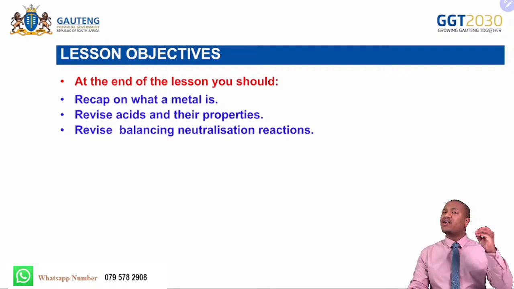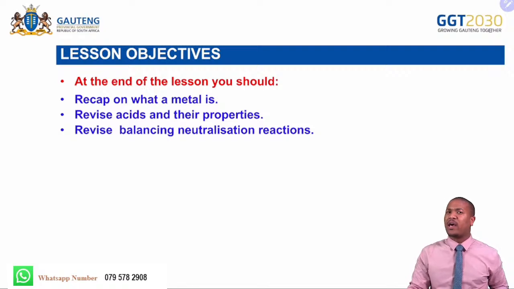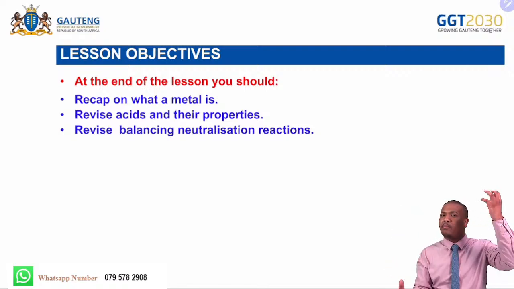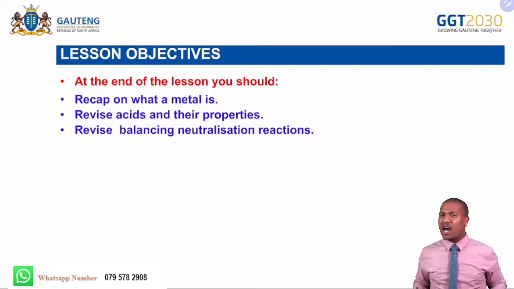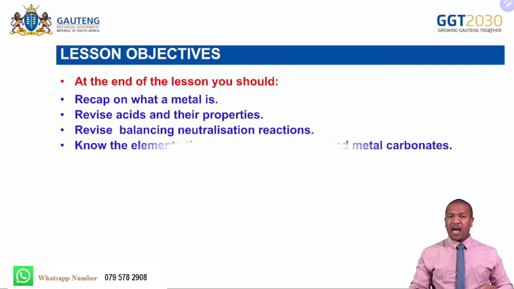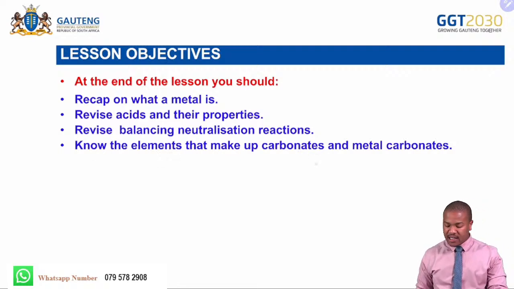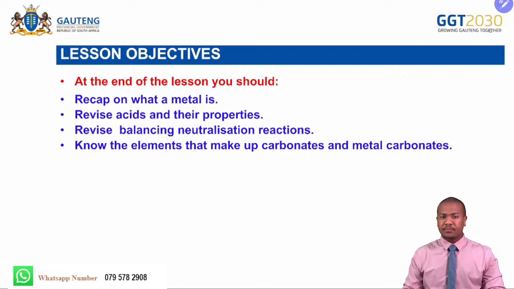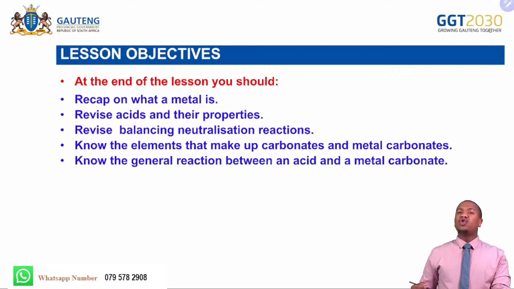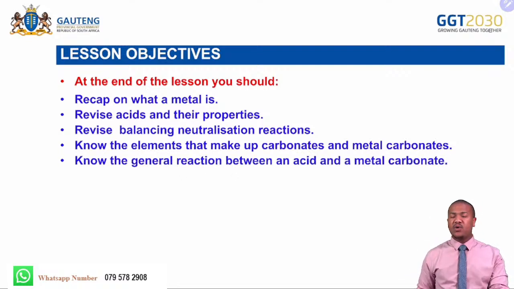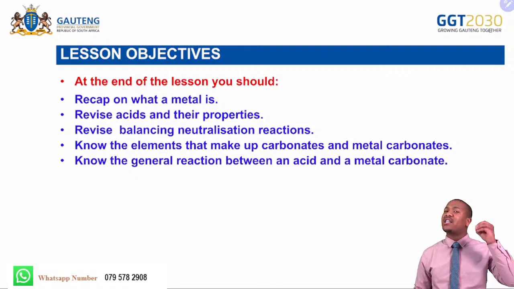So we're going to revisit neutralization reactions as well, where we're talking about acids and bases counteracting each other. So now, we're also going to be able to know the elements that make up carbonates and metal carbonates. Also, you need to know the general reaction between an acid and a metal carbonate, which is the main meal